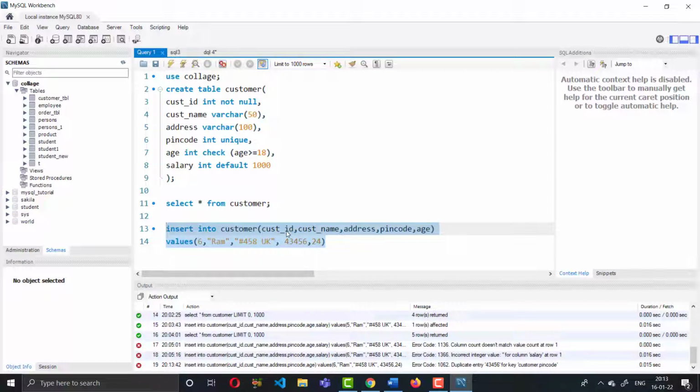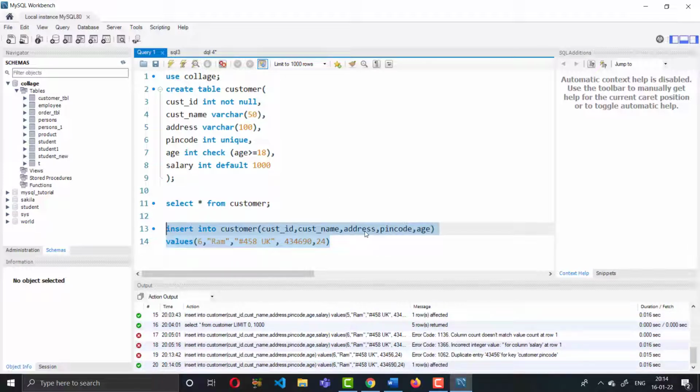Okay, customer ID, this is a duplicate entry. This is a constraint issue, so let's give a different ID, 435490, and run again here. You see that one row is affected, even though we have not provided a value for the salary column.